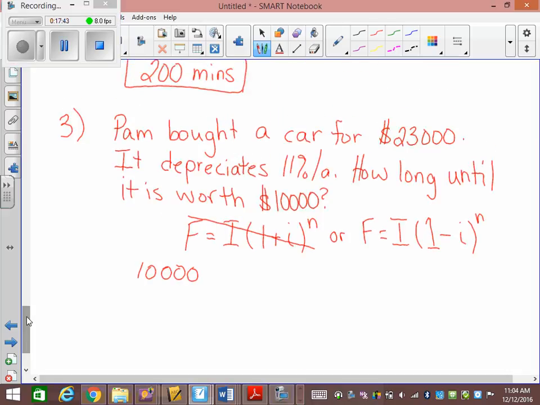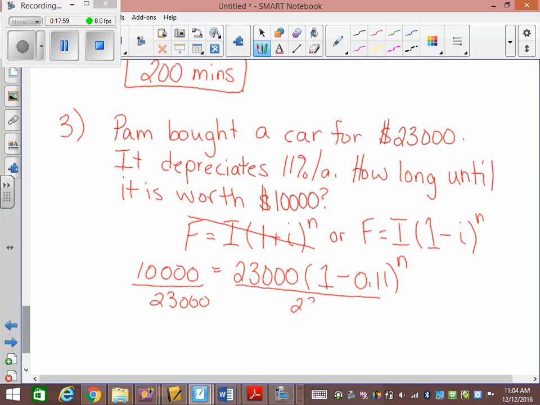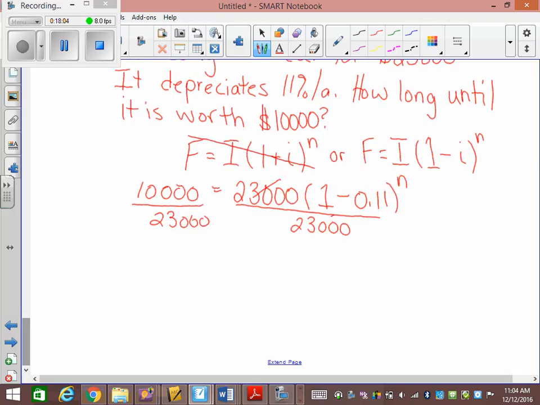Your initial is bigger, so 23,000. 1 minus 0.11 to the n. Now, I'm going to get this divided by 23,000. And we get 10 divided by 23 when you reduce it, which equals